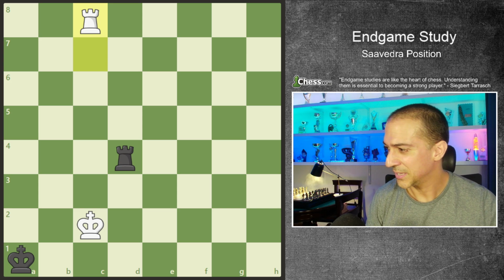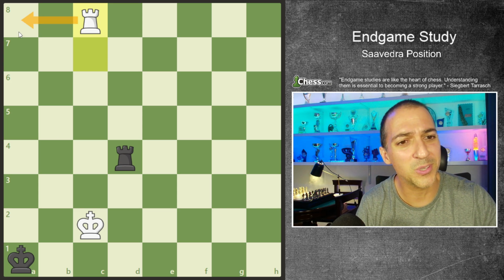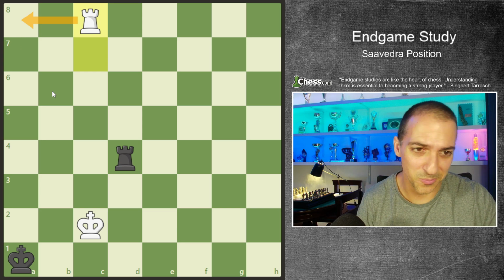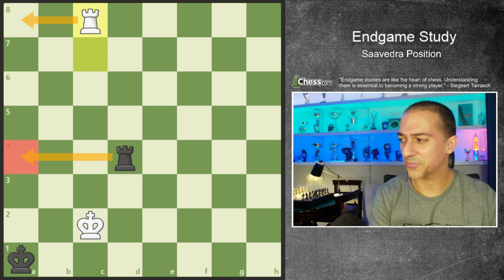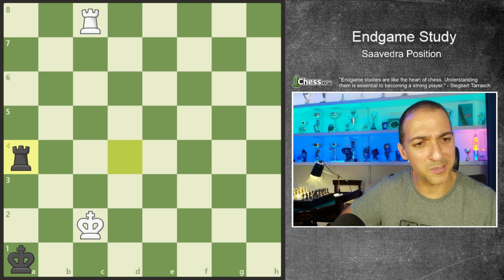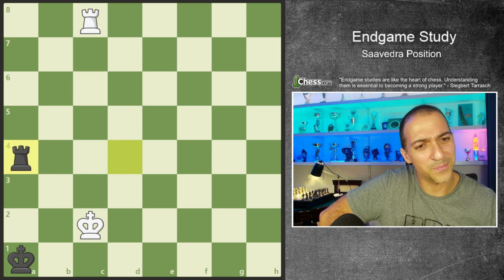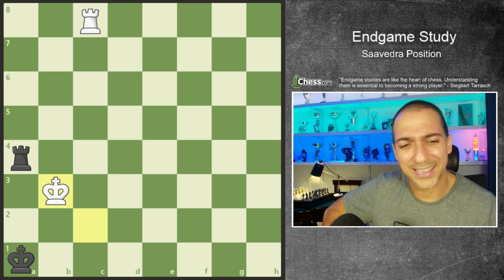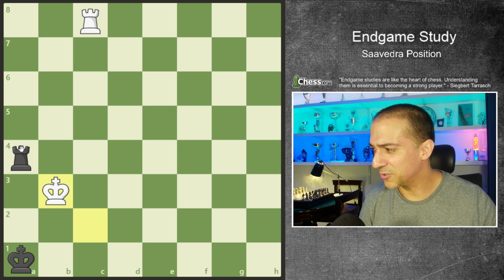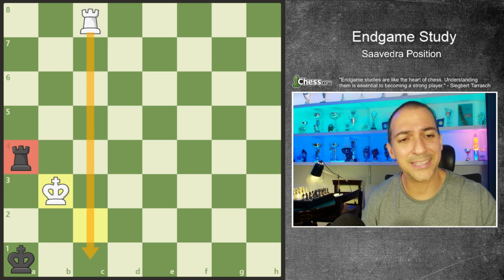Why is that? Simple, because we are threatening to give checkmate in 1. In 2, because rook plays and then we take. So this move is necessary. Rook to a4. But after king attacks rook, now we are threatening checkmates, and here the position